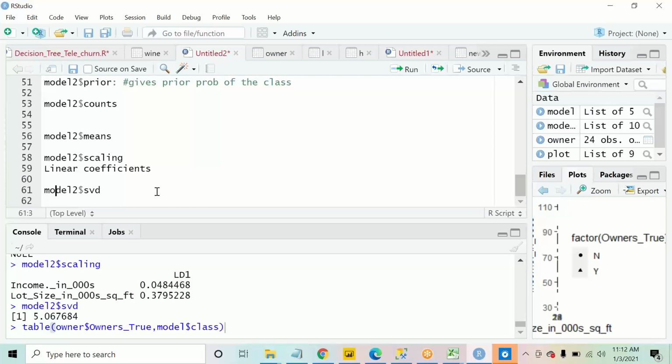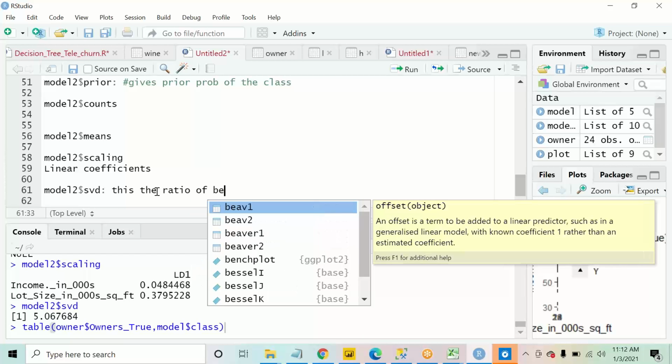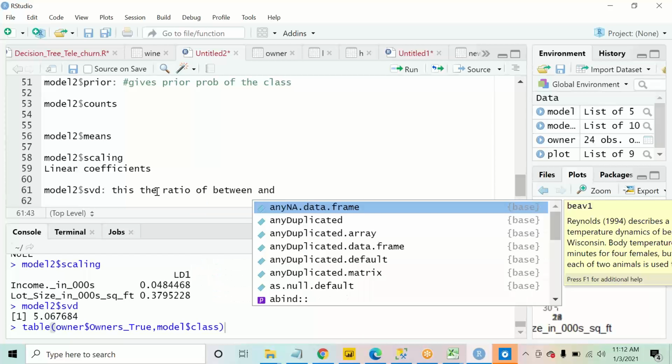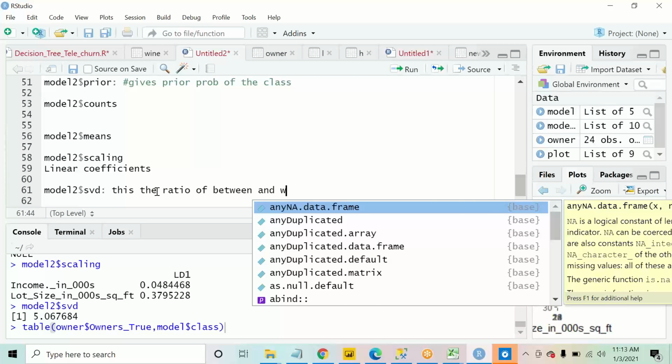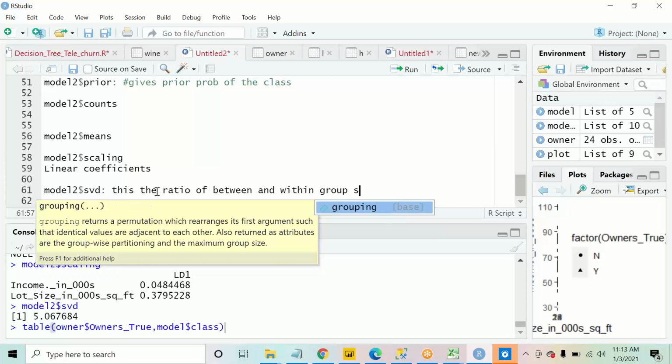Okay, what is this? Let me just explain this. This is the ratio of between and within group standard deviation